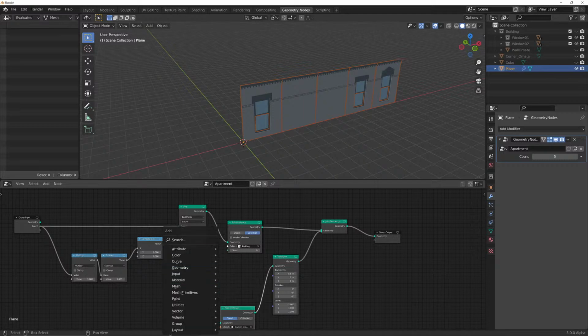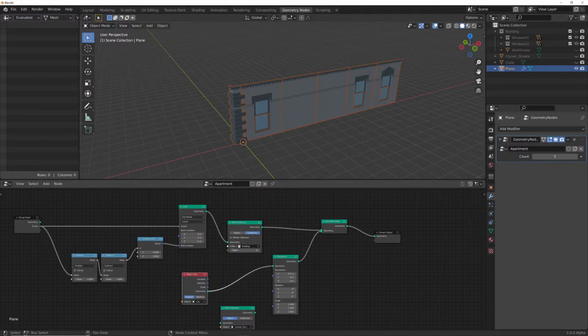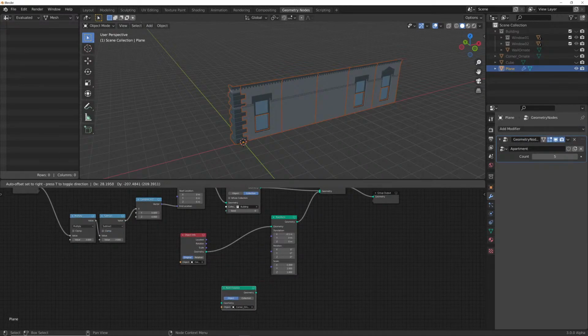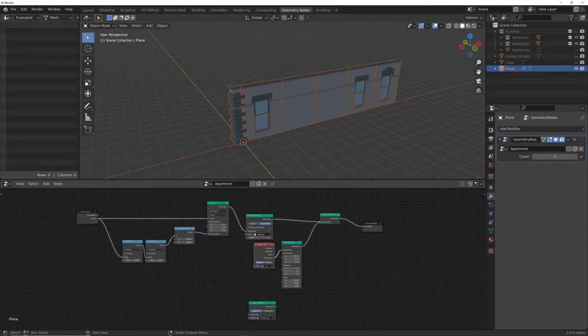Okay, so here's what I'm going to do. I'm going to input object info, corner ornate. So our first corner is going to remain there. Okay, so I want my second corner ornate. I'll probably end up fixing this up in a second. Now, because this count and this end location, it needs to basically push